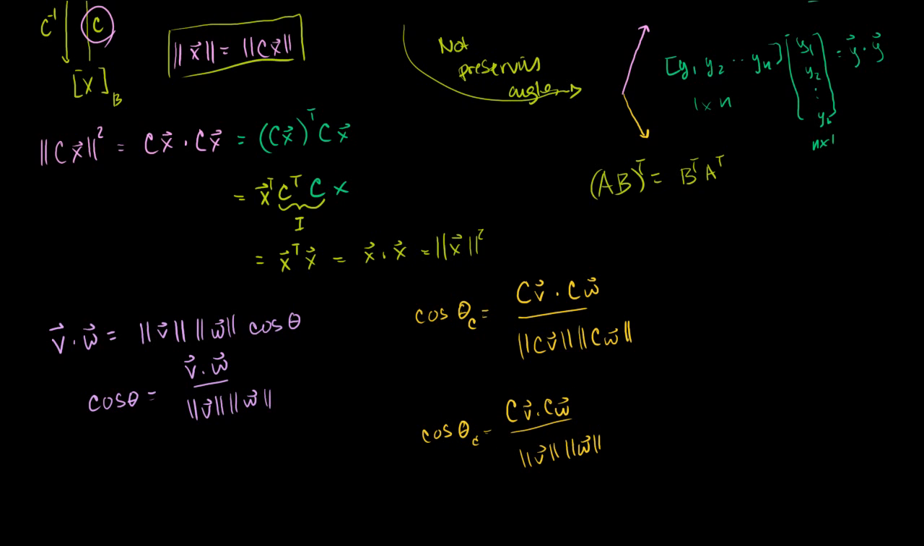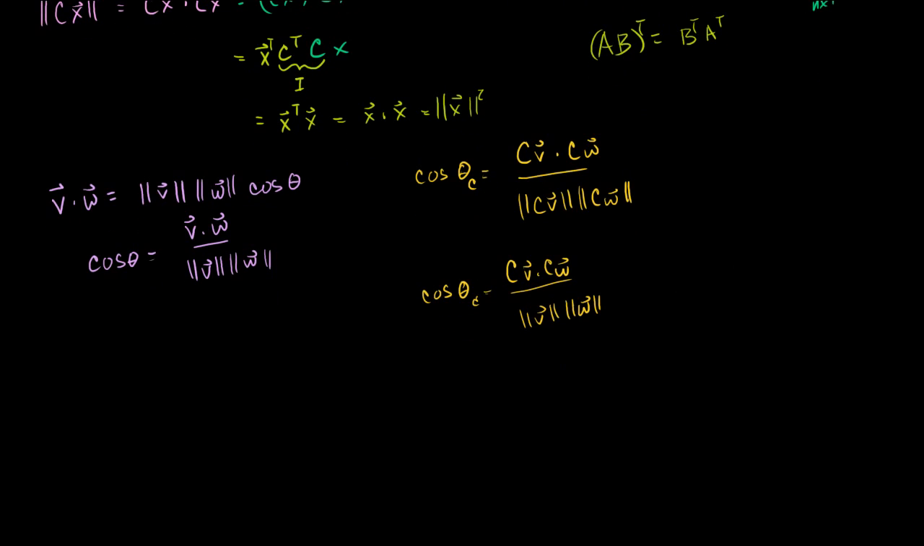So let's see what this top part equals. We could just use the general property that the dot product is equal to the transpose of one guy as a matrix times the second guy. So this is equal to Cw transpose times Cv, and all of that over the product of the lengths of V and W. And then this is going to be equal to